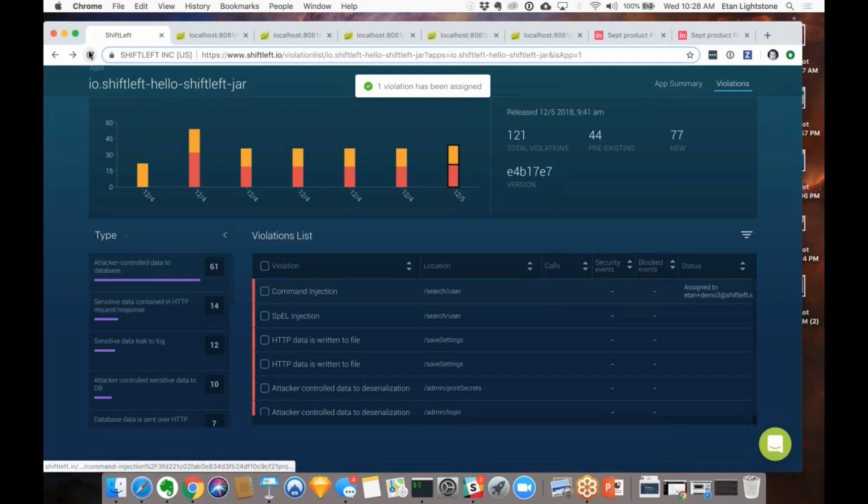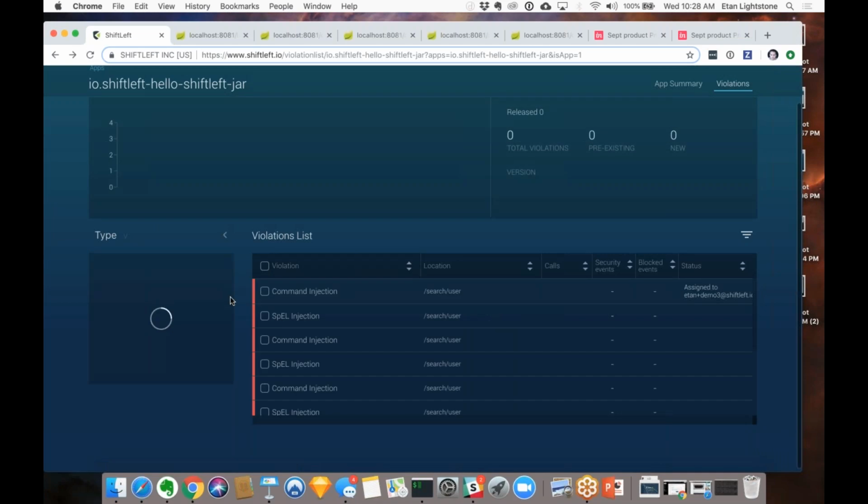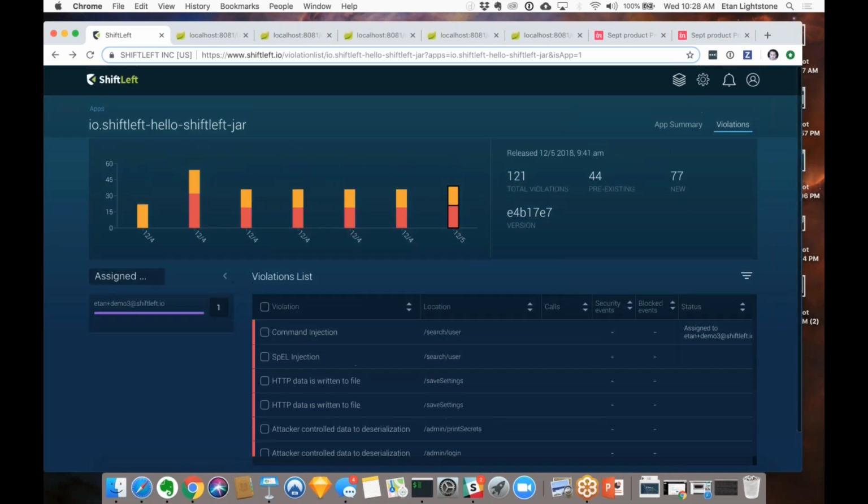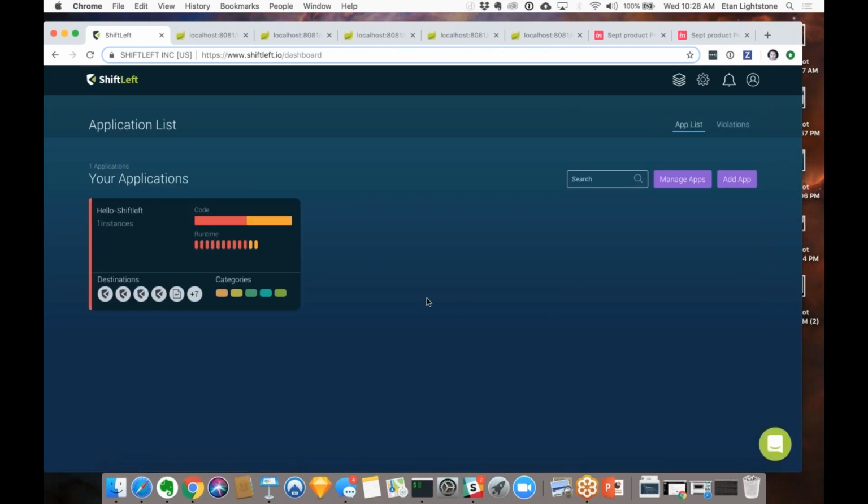Let me refresh just in case. And if I go to assign to, there we go. We can see that I have one vulnerability assigned to me to go fix. And then I can indicate it as fixed. I think the last point I'd like to make, and I'll return to the dashboard here, is what we've really